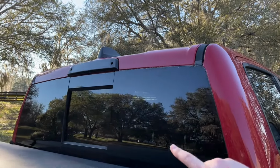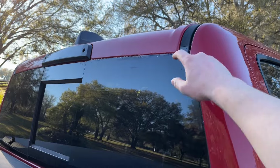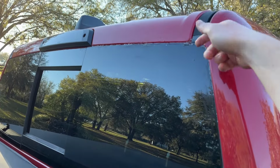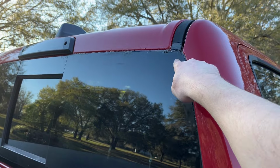I ended up finding 3 places, and I'm gonna have to clean up this window a little bit here. It's pretty easy to clean the silicone off though. But right here, there was a hole that went right down. It's really hard to get silicone in there. You have to just get a little screwdriver, pop this off. There's one little clip here, pops right off super easy. And there was a hole down there,